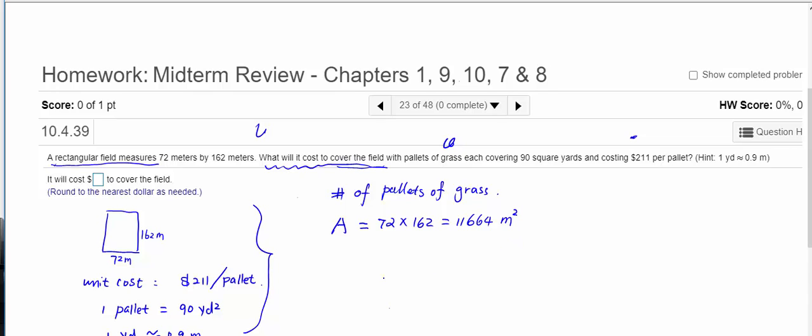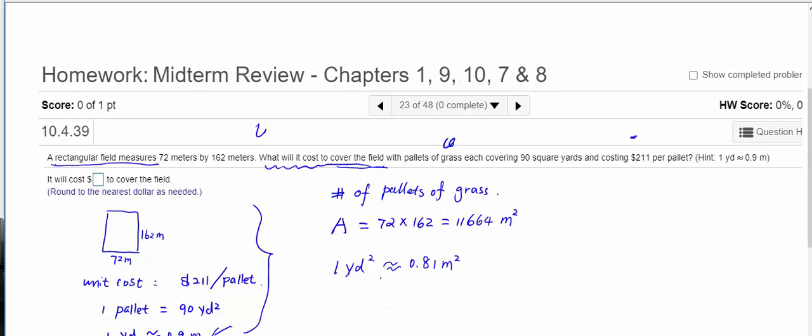To figure that out, take a look at the last piece of information here. So 1 yard is approximately 0.9 meters. So that's telling us 1 square yard is going to be approximately equal to 0.9 times 0.9, which gives you 0.81 square